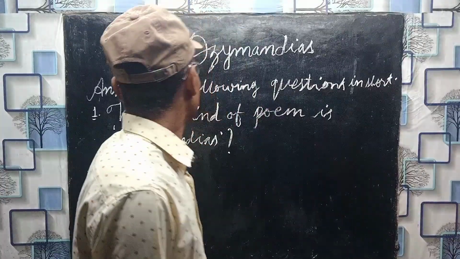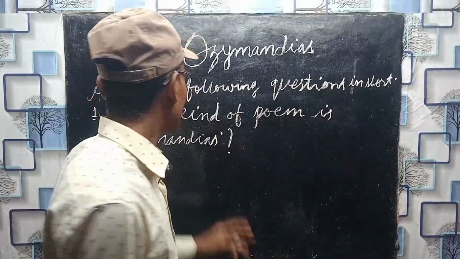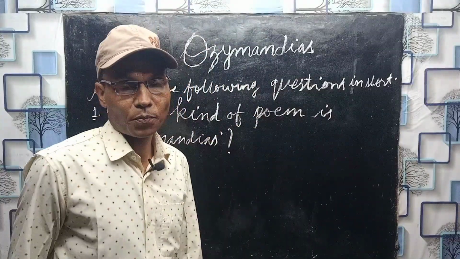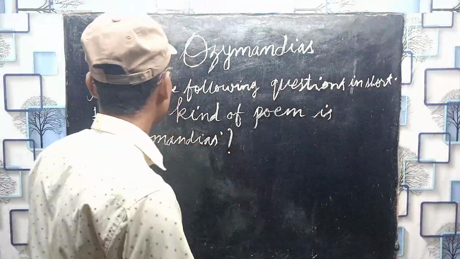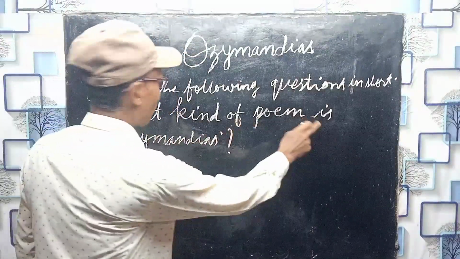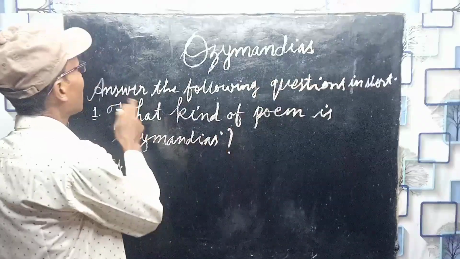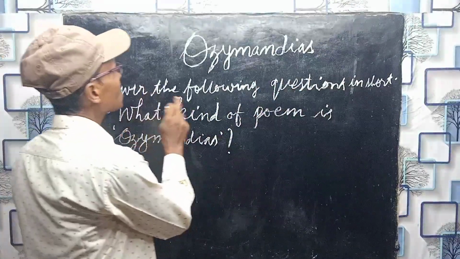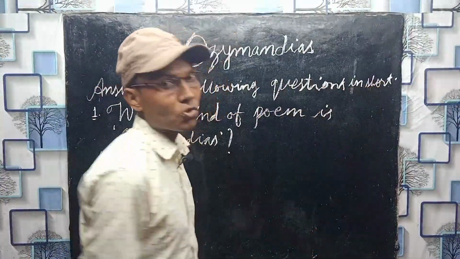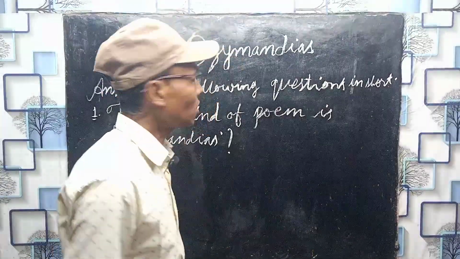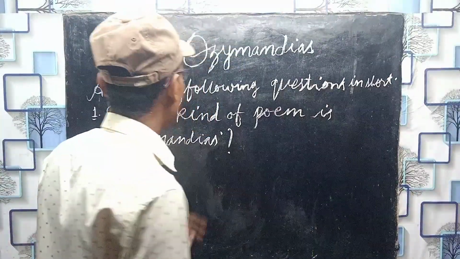Well, students, now we are writing question answers. Look at this. The first question is, what kind of poem is Ozymandias? And the instruction given here is, answer the following questions in short. So we are going to answer this question in short. So we can write here,